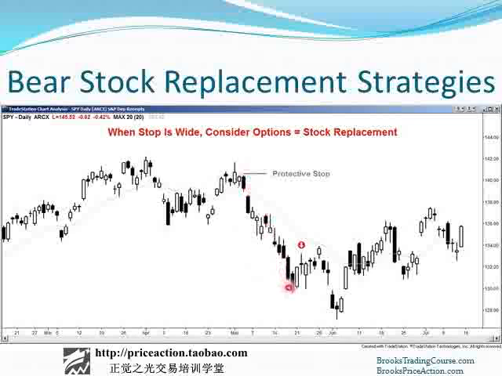And you decide you want to sell, to go short, but your stop might be above the top of this bear spike. It might be above the most recent lower high. It might even be simply above the beginning of this bear spike. In any case, let's say it's further away than you want to risk, yet you want to participate on the downside. A good alternative is to simply go ahead and buy a put. You can wait for a pullback and buy the put at the market, or you can wait to see if the market trades below the low of the prior bar, and at this point buy a put.